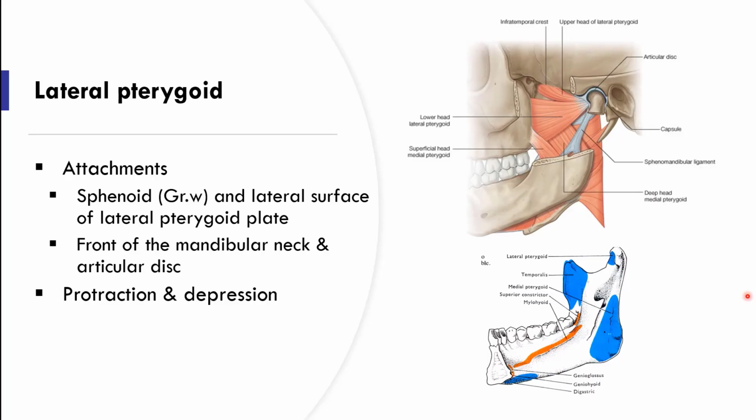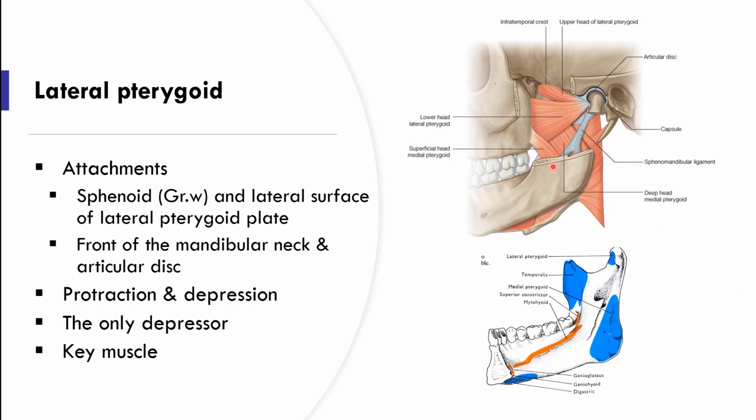Among the muscles of mastication, among these four muscles of mastication, this is the only depressor. All other muscles are elevators. And this is also known as the key muscle of this region, the infratemporal region, because this serves as a landmark to identify different parts of the maxillary artery and different structures. This is acting like a key muscle in regional anatomy.